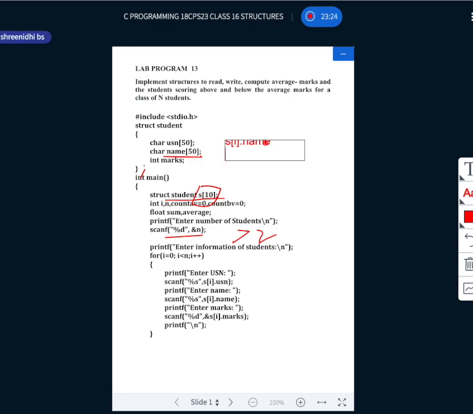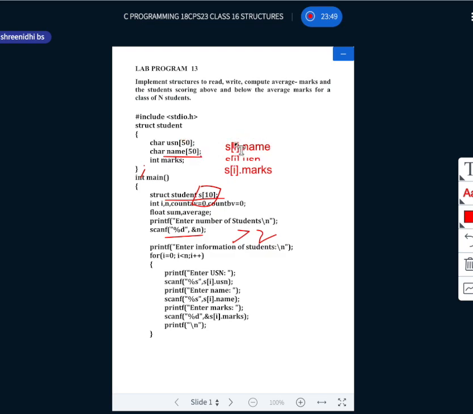Next, s of i dot usn. Next, s of i dot marks. Using this structure variable s of i, I can access these 3.